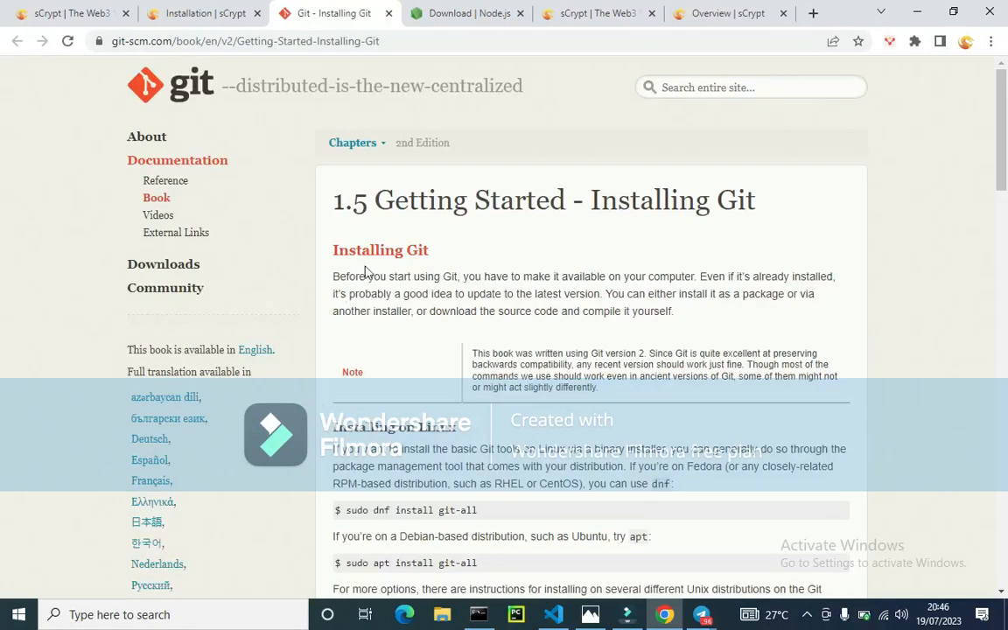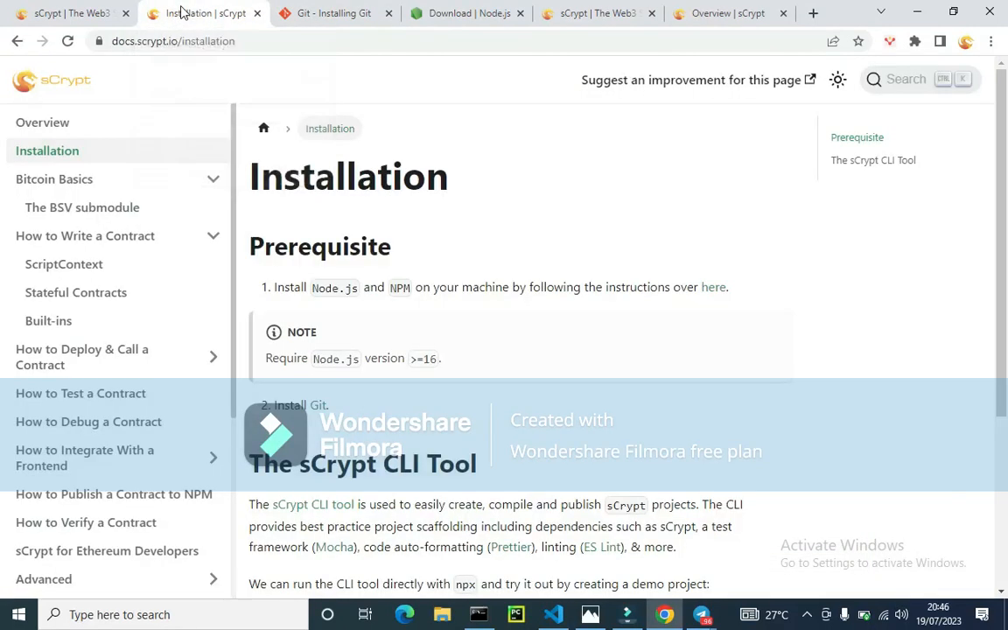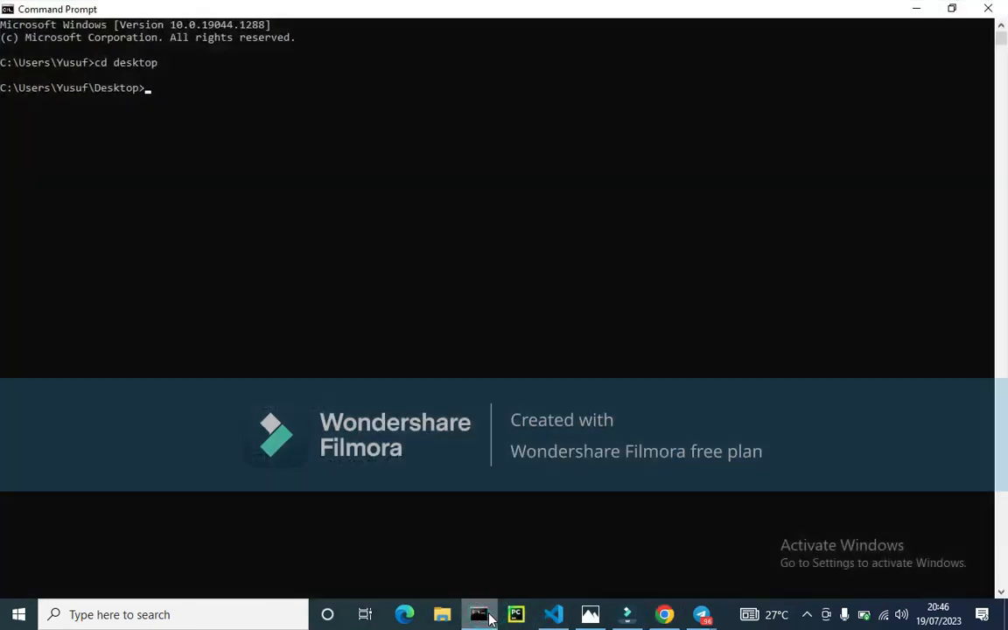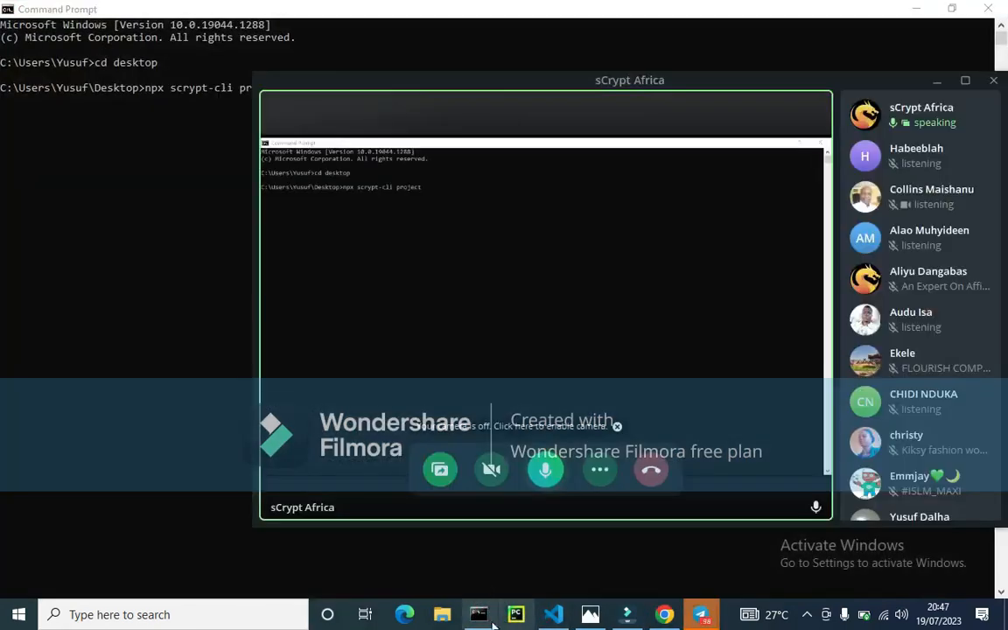After installing it, you will install the CLI. This sCrypt CLI allows you to create, compile, and publish your smart contract, and you can only install it by